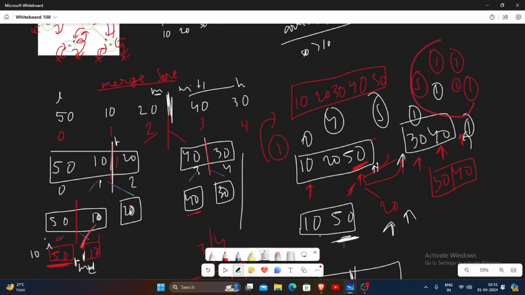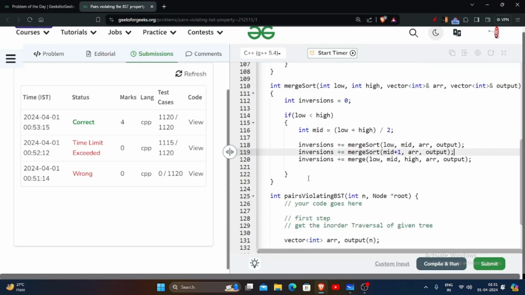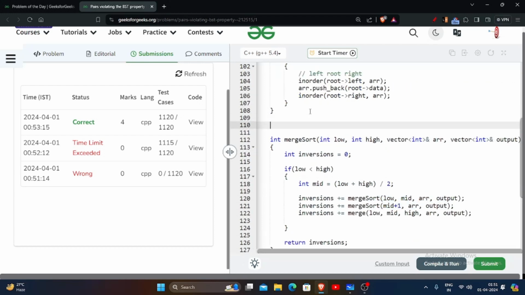बट मैंने कहा था कि यहाँ से जब एक इन्वर्जन आया ना, तो वो रिटर्न करेगा कि हाँ इतने इन्वर्जन निकले, इन दोनों को मर्ज करने पे इतने निकले। सो वो मर्ज फंक्शन रिटर्न करेगा, और बेसिकली वही तो इनकी कॉल्स होंगी। सो इन्वर्जन, और एट द एंड वी कैन से रिटर्न इन्वर्जन। सो ये हमारा रिकर्जन हो गया, डिवाइड हो गया। अब मर्ज करना है दोनों को, अब दोनों को मर्ज करना है मर्ज।